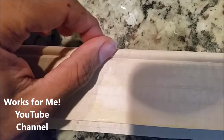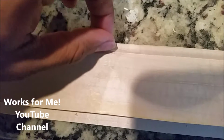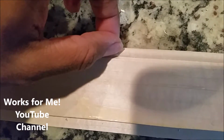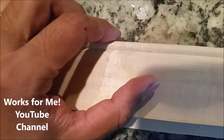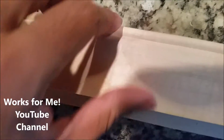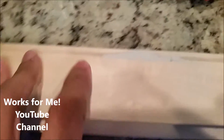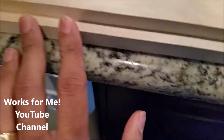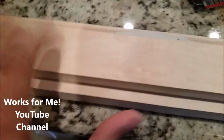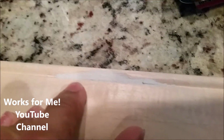And the problem with something like this is you can't fix it, because if you have it too low, it's going to cause a groove, or if the bit slips or whatever, you're going to permanently damage it. You can't fix it. So a couple of places, because this one has a rabbet, I could not get a good hold on the piece. So anyways, a couple of places where it got screwed up is right here,